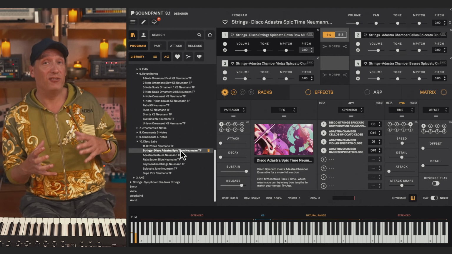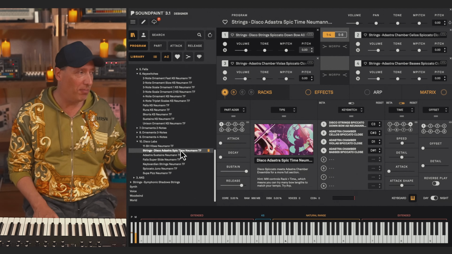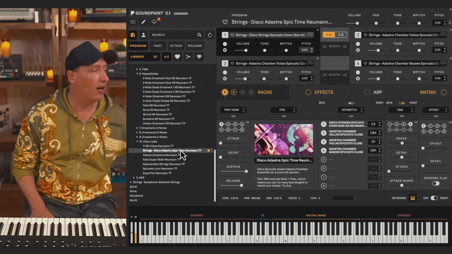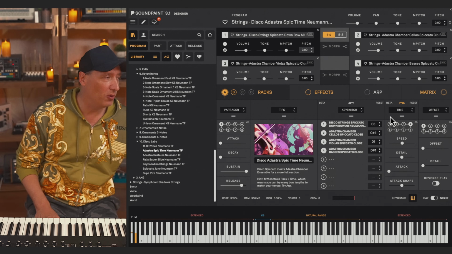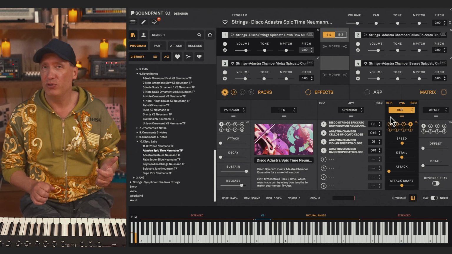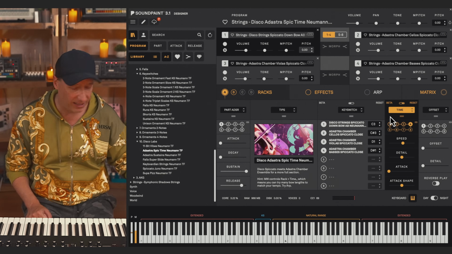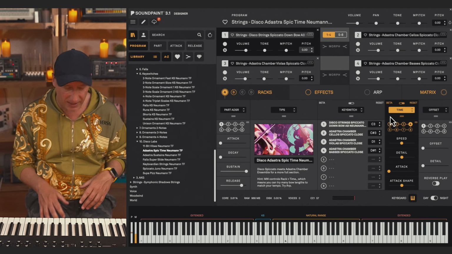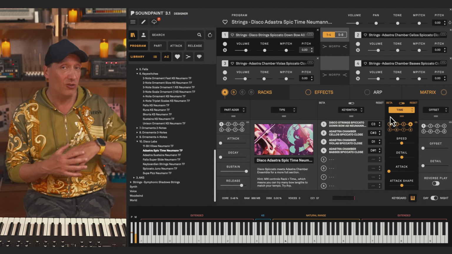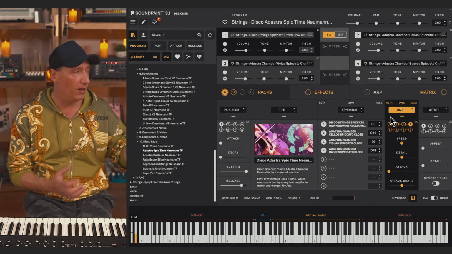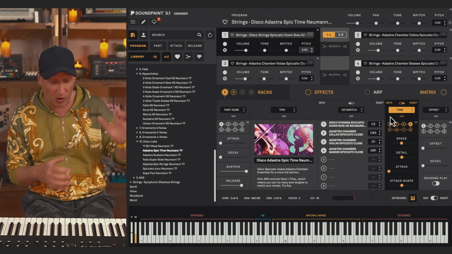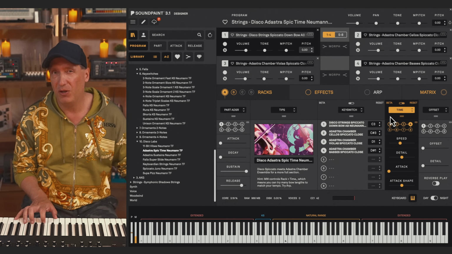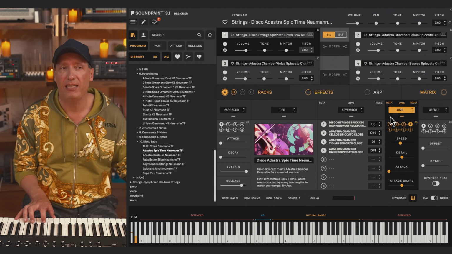Now, we discussed gradual shorts, but in this case, I'm playing it a little bit differently. I'm using our Rack Time module to lengthen or shorten the bow stroke of my spiccatos on the mod wheel here. I just happen to love this sound. It's very, very playable. Everything is very real-timey. So it just goes to show that we have our gradual shorts morphing the notes, but we can also use time stretchers, and we can use it all combined as well. Just freedom to produce how we really want to produce.